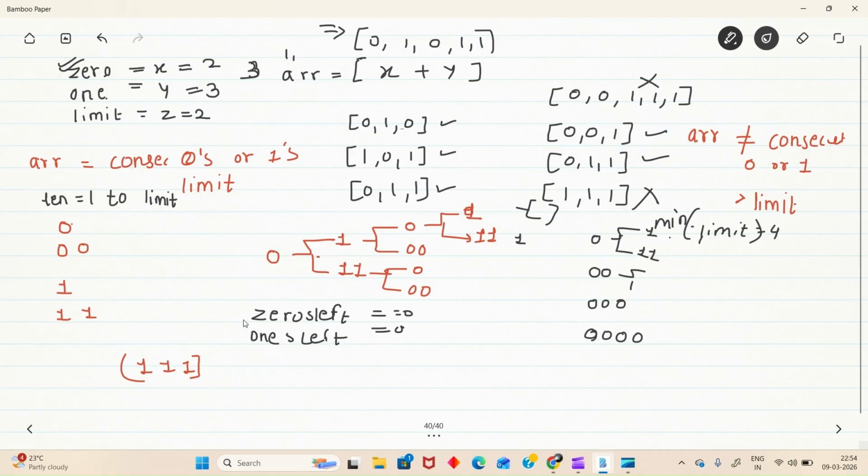Now what do we have to pass? We need the limit, and we need an indicator for what the previous state was. If the previous state was 0, then we have to consider 1 now. If the previous state was 1, then we have to consider 0. Now we need a boolean, let's say was 1 last. And then what we will do is,